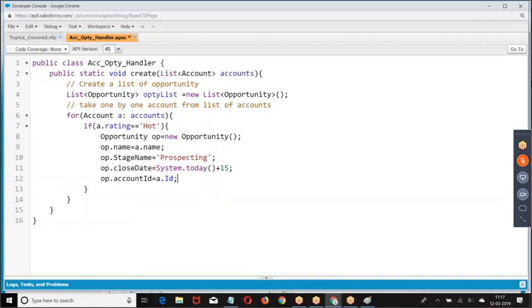Because of this statement only I took after. I get the ID of the account only after the account is saved. That is the reason the trigger has become an after insert trigger.